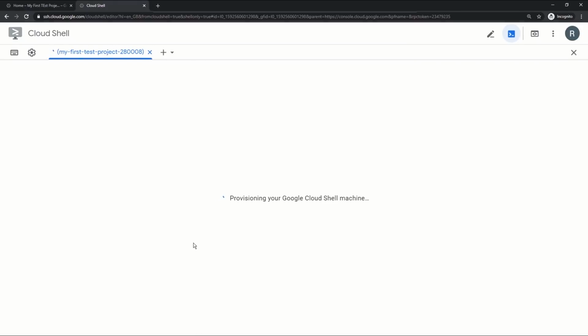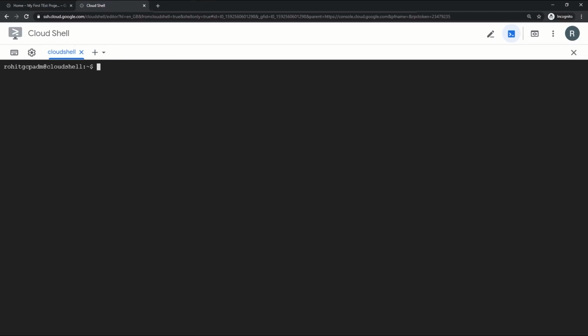Just restart. It will reconnect your machine because Google will provision a different machine for you. So Google is provisioning the new machine. This is our boost mode Cloud Shell VM. The version, OS version and other things will be the same. The only difference will be the hardware power, which is increased from E2 small, upgraded to E2 medium.